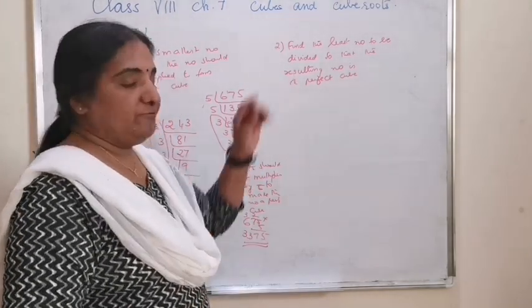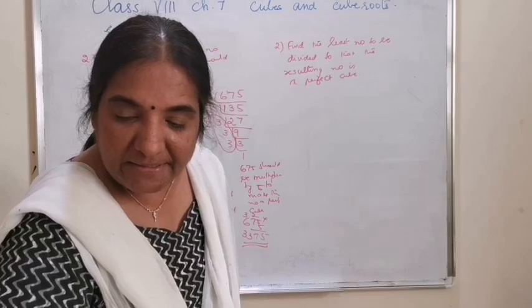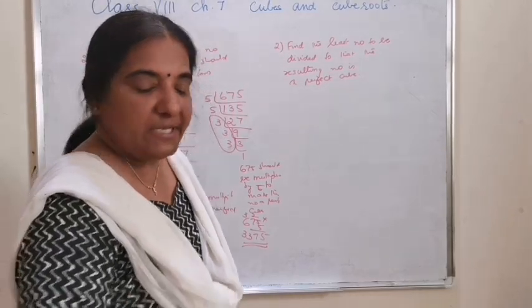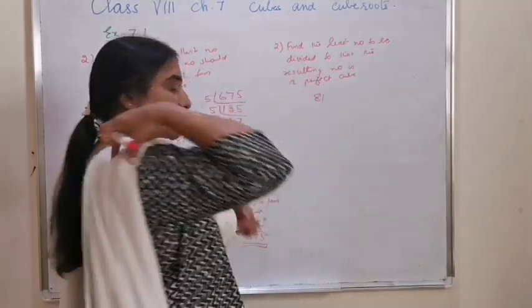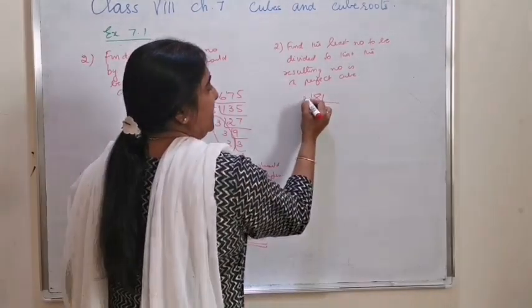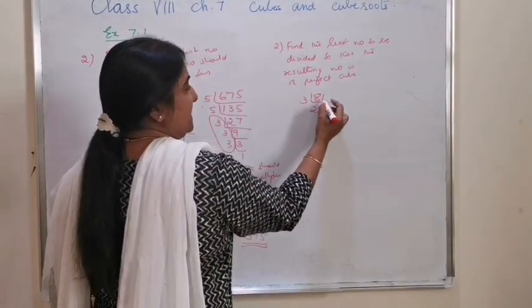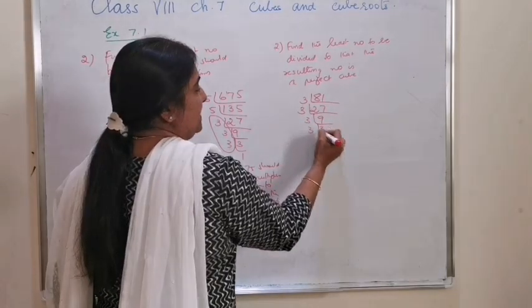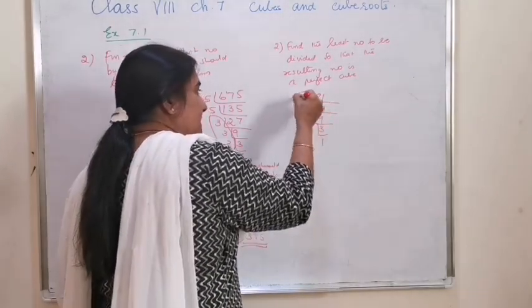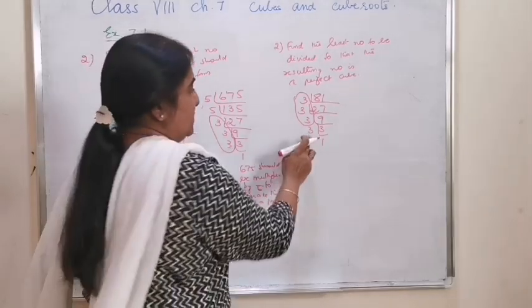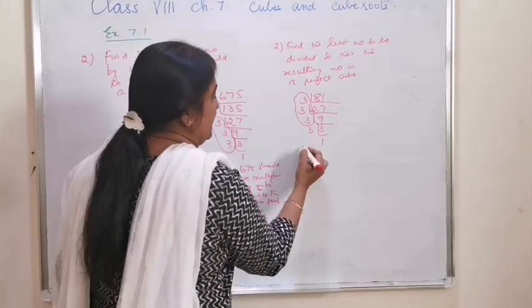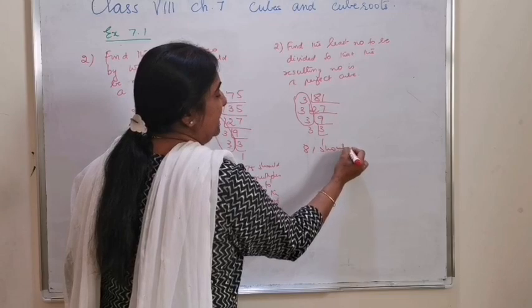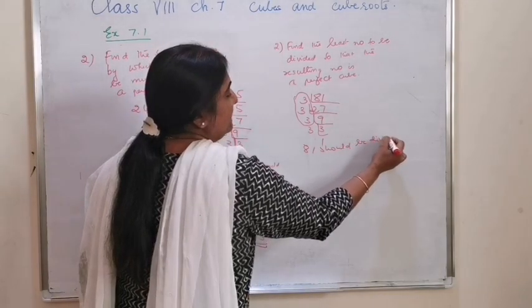A similar pattern for divided. The first example in the textbook is: find the least number 81 has to be divided with. 81 divided by 3, 3 2s are 6, 27, by 3, 9, by 3, 1. That is, this 3 has occurred thrice, this 2 has occurred only once. 81 should be divided by 3